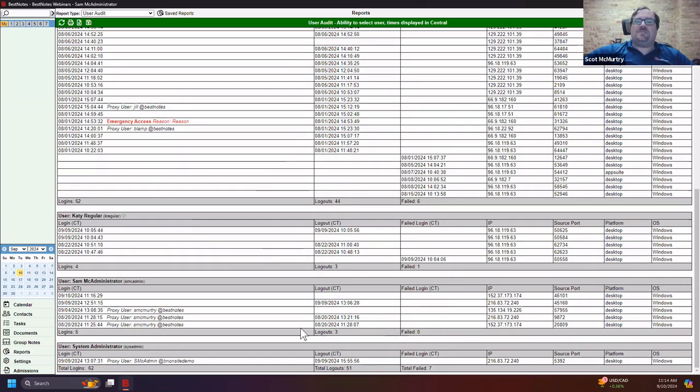We also notice, this is especially pertinent with the sysadmin account, but everyone that logs in with a two-step login, such as BestNotes support or the sysadmin super user login, it does log who the person doing that is. That is essential, of course. So if different people are logging in as a system administrator, it is easy to see who has done what